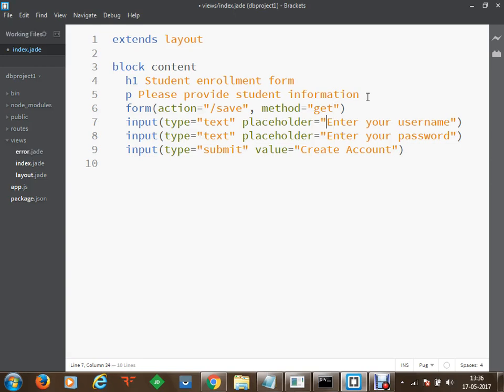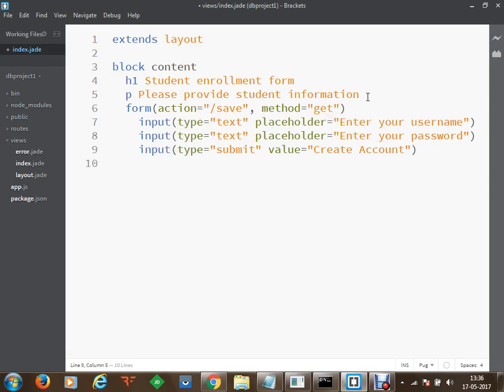Now, once this form has been created, we have to do some indentation here. So let's put that within the form. Use Control S. Now once we click on submit, the value will go to the save route. We have to specify two more pieces of information here.